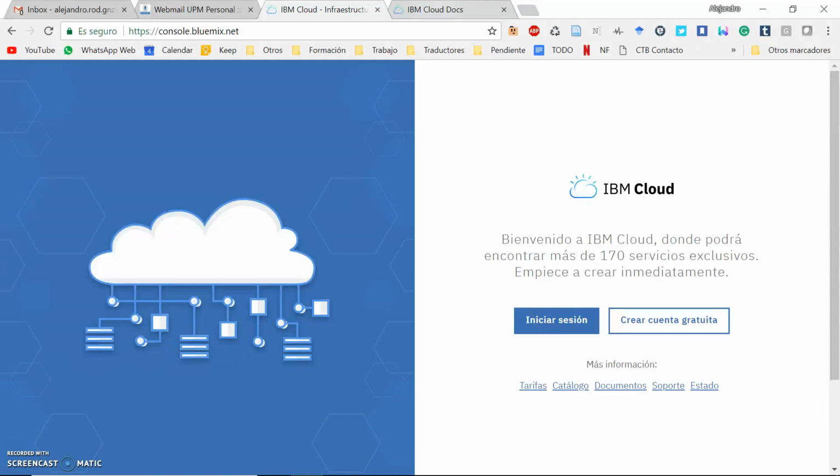I'm going to show you how to use the new Bluemix platform released by IBM. In this case, I'm going to show you how to deploy a machine learning model that you might have created, for example, with SPSS Modeler, but I guess that maybe with other platforms it can also be done, because at the end it's using this PMML